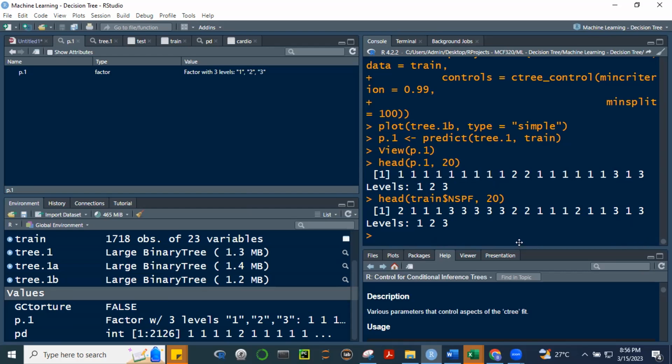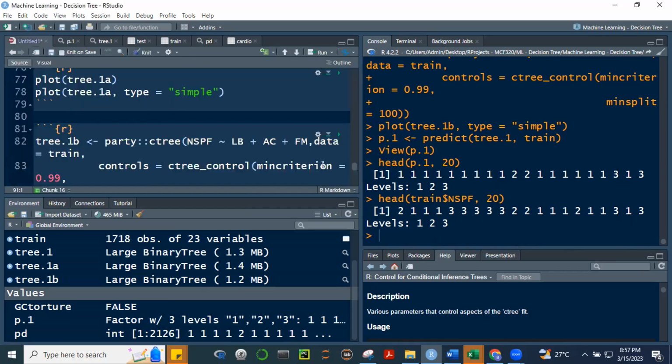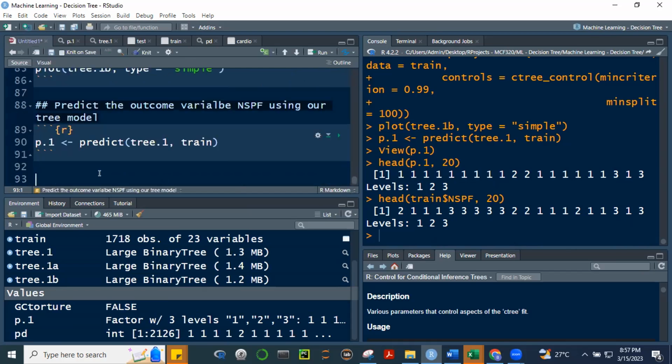Okay, you follow so far, class? Yes, sir. Okay, now let's create a table. I-create natin yung table natin, comparing your actual values with your predictions. So ilalagay ko lang dito head ng P.1 and then 20 for comparison ng head ng train$NSPF and then 20 din.